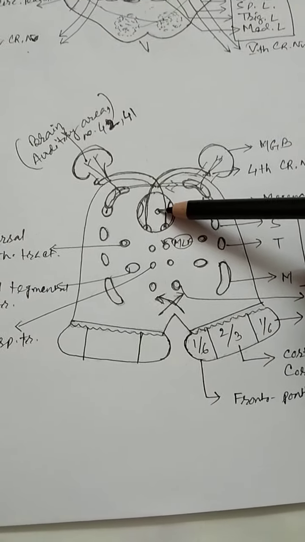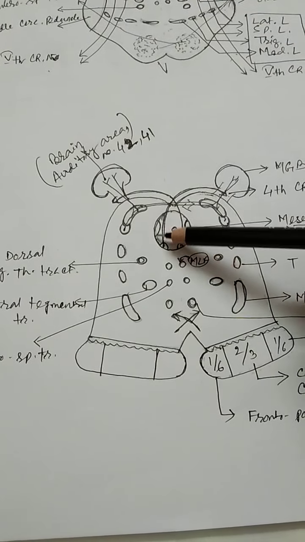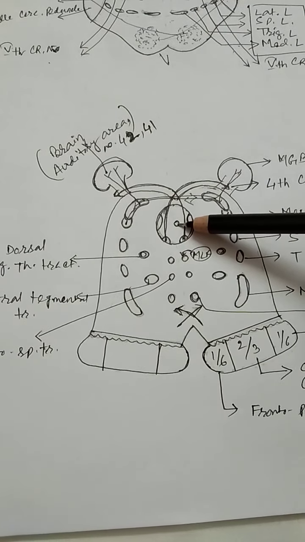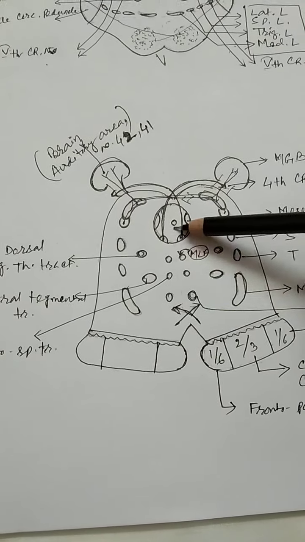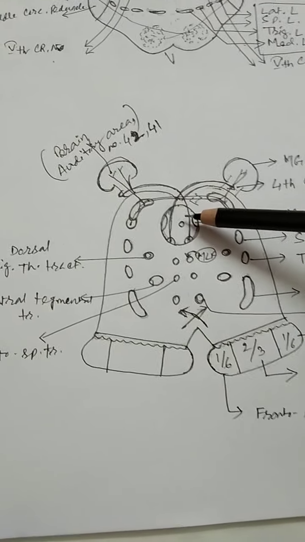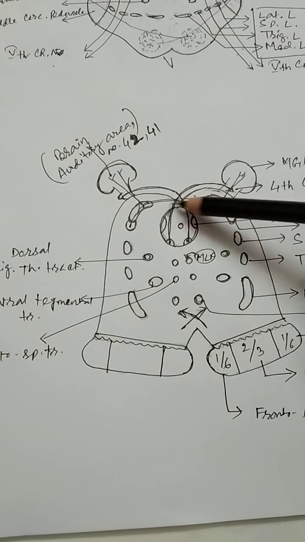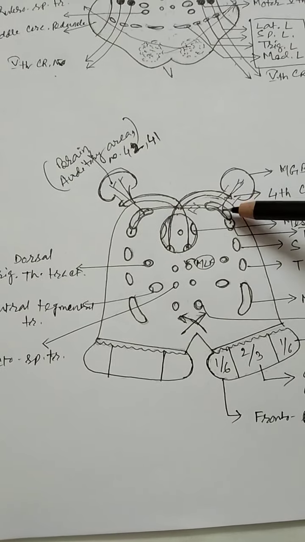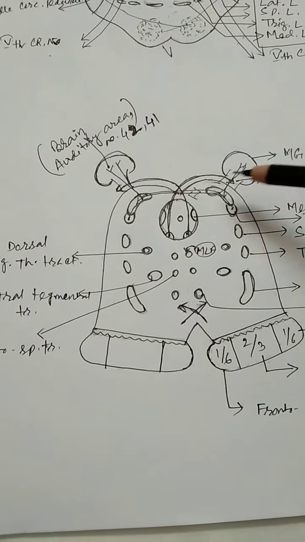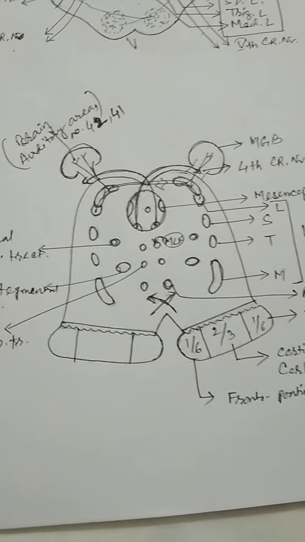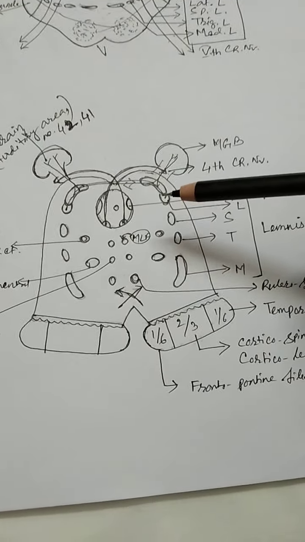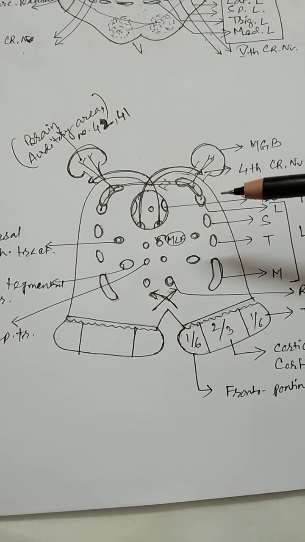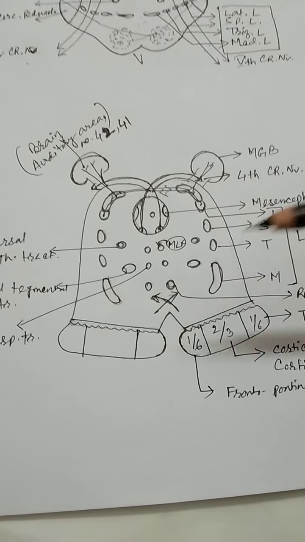In between, there is the central canal. Surrounding the central canal there is gray matter. In front of the central canal, up to the substantia nigra, this part is called the tegmentum. Behind the central canal, this part consisting of the collicular nuclei, can you see? These are the colliculi. This part is called the tectum. The midbrain can be discussed at the level of the superior colliculus or at the level of the inferior colliculus.